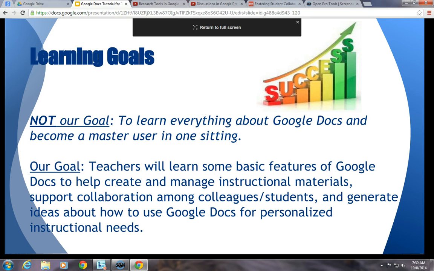And that brings us to the learning goals for this tutorial, and I want to start with what our learning goal is not. I definitely do not expect anyone to learn everything about Google Docs and become a master user all in one sitting. More realistically, I hope that teachers will learn some of the basic features of Google Docs to help create and manage instructional materials, also help spur on collaborative efforts among colleagues and students, and also generate